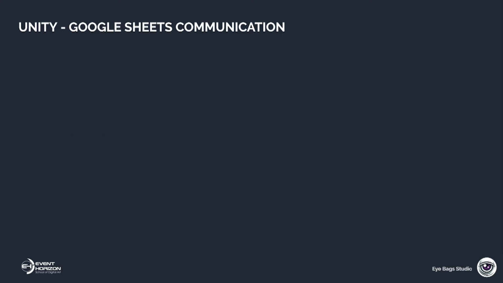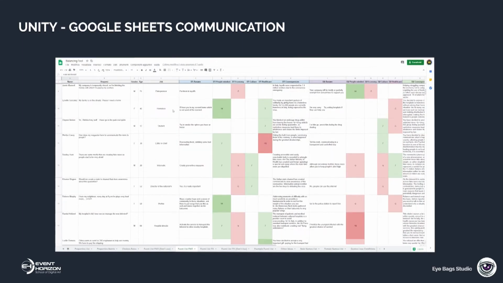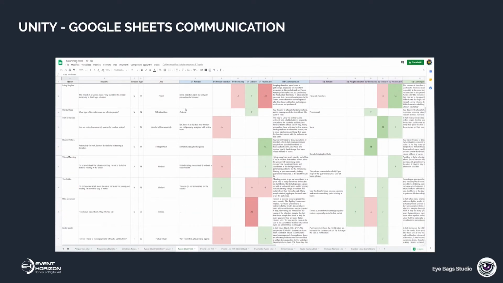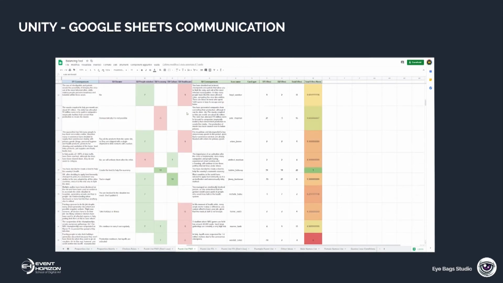Okay, now we can talk about how we created the tool. The first step is to design a precise Google Sheet structure. This is ours. The columns are the card fields and the rows are the cards. The very important thing is to maintain the structure for the entire project, otherwise the match between the sheet and